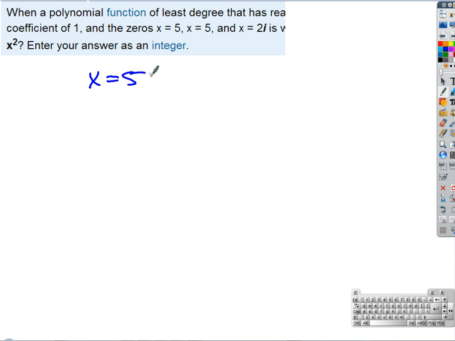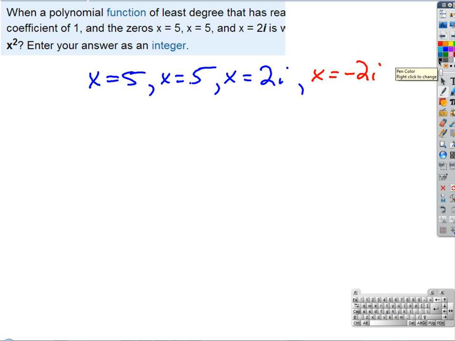I'm going to get x equals 5, x equals 5, and x equals 2i. Now, what's the missing one that I have to assume? Negative 2i. How come? Because imaginaries come in pairs. Good. Imaginary zeros always come in complex conjugate pairs. So I also have to include x equals negative 2i. Now, what do those factors look like? x minus 5, x minus 5,